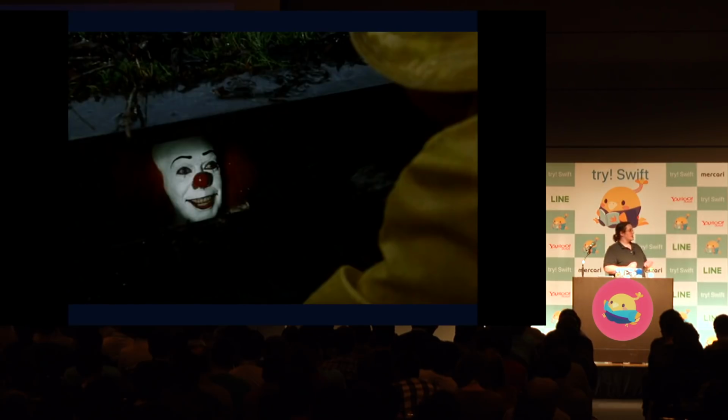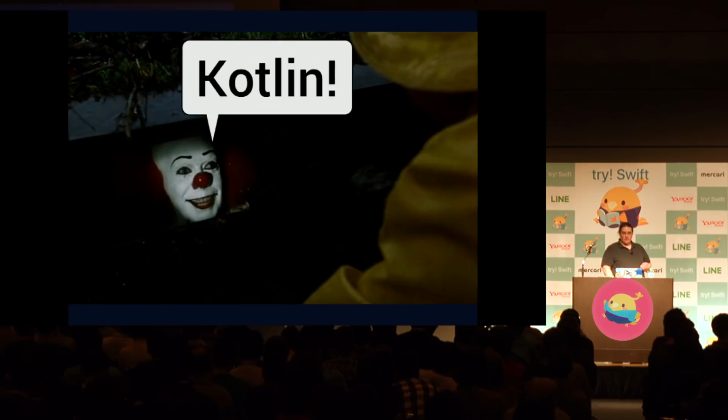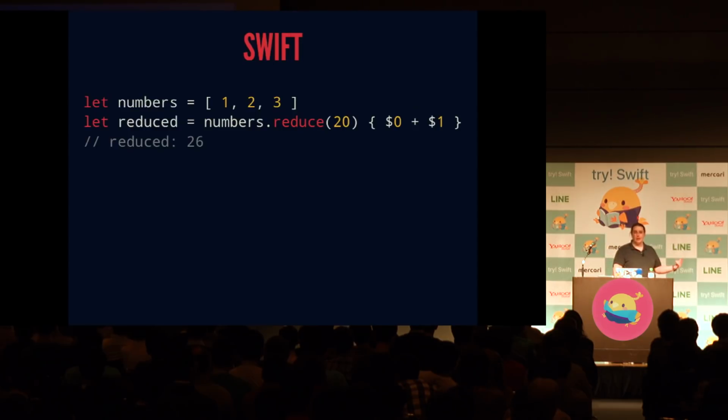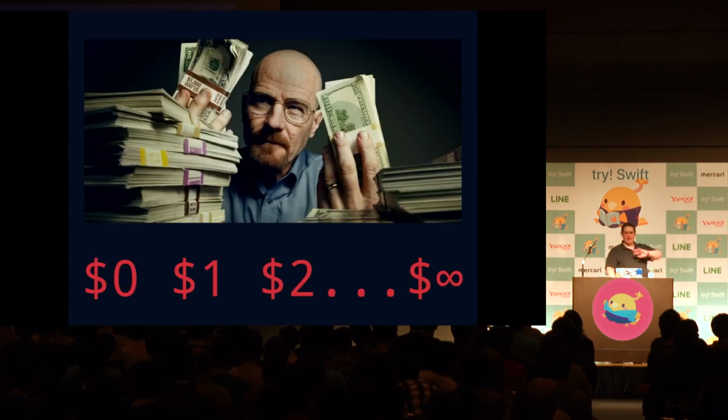And it's got a very, very creepy clown in it. And I often think of the clown trying to get me to use Kotlin. And just as there's only one very creepy clown in It, you can only use it to either represent a single parameter or a tuple of all of the parameters being passed into your function. Anything beyond that, and as you saw before, while you can use multiple $sign parameters, just building up as many dollars as you can with Swift, in Kotlin,